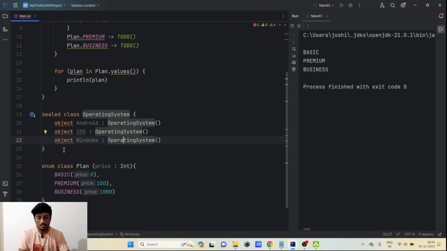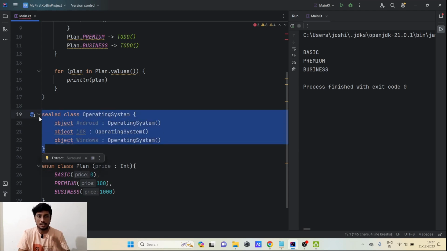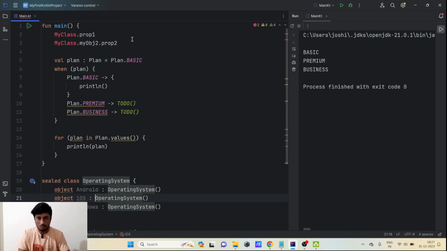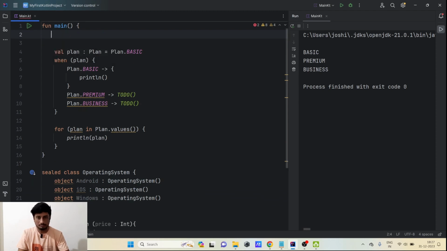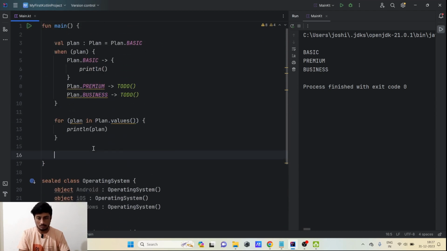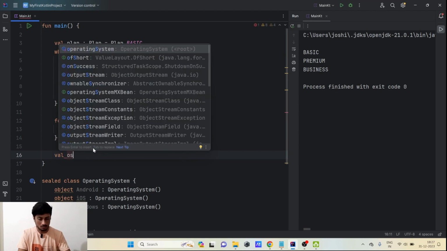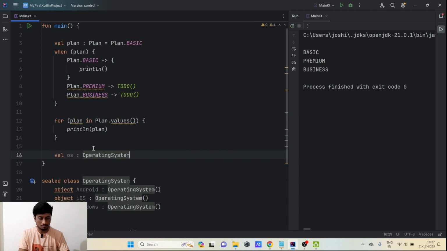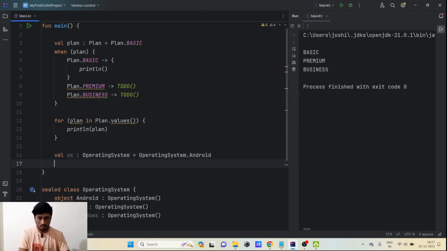So this is the sealed class, and as its name says, it is sealed, so it does not contain any other type than these. That's why it is called a sealed class. And if we go towards the when block for this one, then the process is near about the same. Let me write os colon OperatingSystem equal to OperatingSystem.Android, and we can also